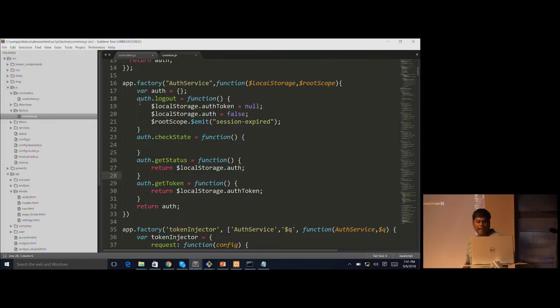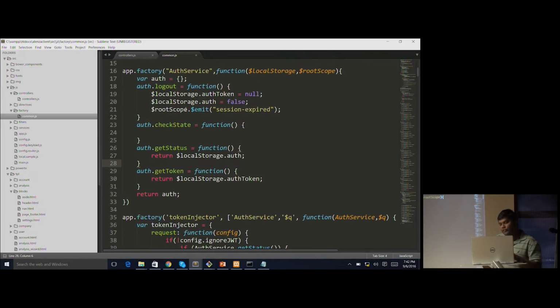I have a function here called auth server, and what I do here is make an API call to a server-side API to create a token. JSON Web Tokens have libraries for .NET, Python, Ruby, PHP, or almost any language that you want. There is a specific library that you can use, and you can create the tokens there. We're not going to look at the server side of things. On the client side, all you need to do is make sure you have a server-side API that returns the token that is created,